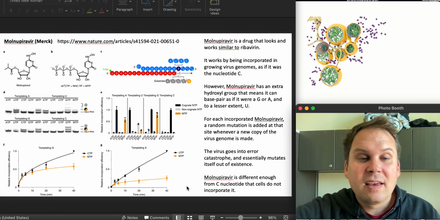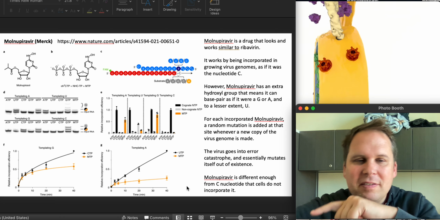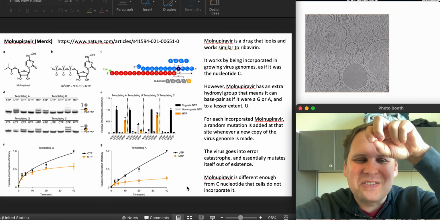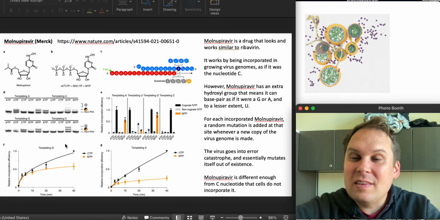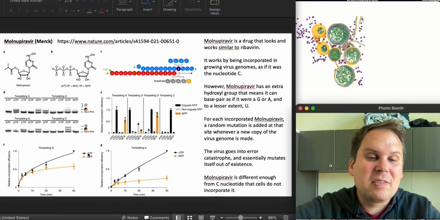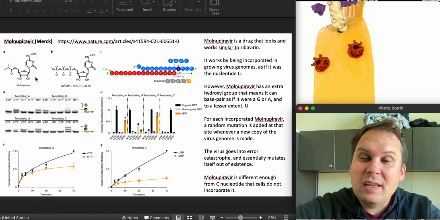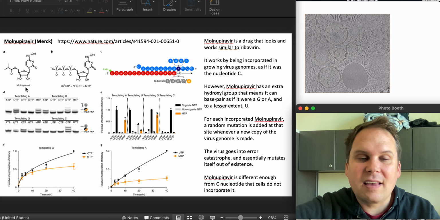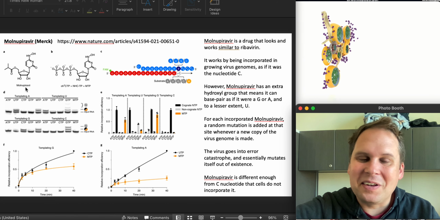So that's fantastic. So the way it works is by pushing the virus into error catastrophe. So the virus is on its little peak of fitness. It's sitting right up there at the top saying, you can't touch me. I'm SARS coronavirus 2. And what this does is it goes in there and the virus puts one in, maybe puts another one in, and every step it goes boom, boom, down the hill. Because once you put in a molnupiravir, every time the virus goes back to copy that strand, whether it's in this cell or whether it gets packaged and sent to the next cell, it's got to put in a random nucleotide at that position. And random mutations are not good for anybody.